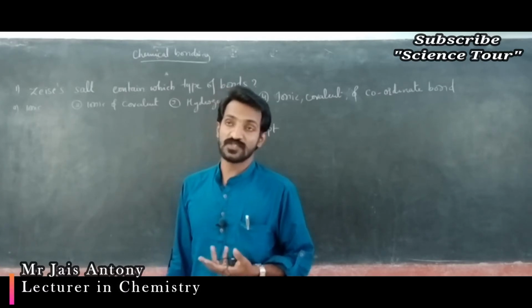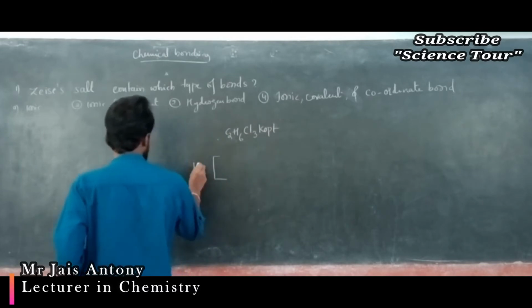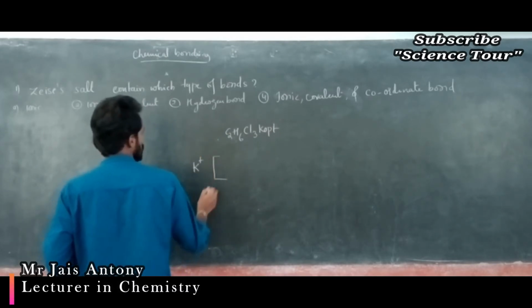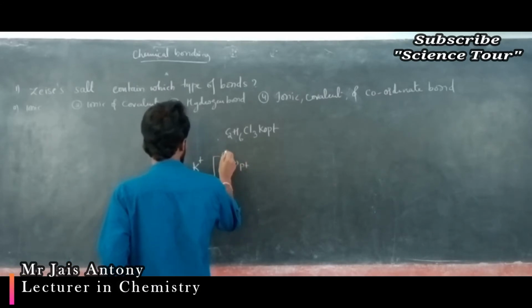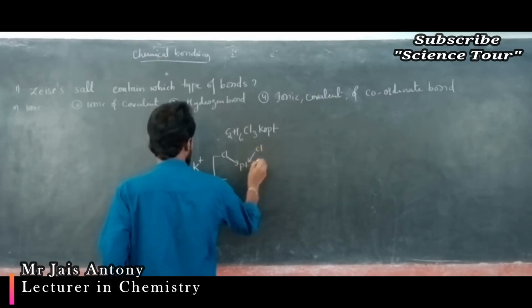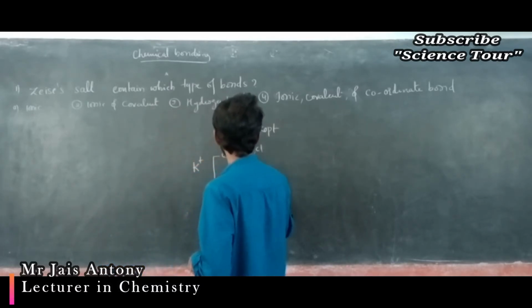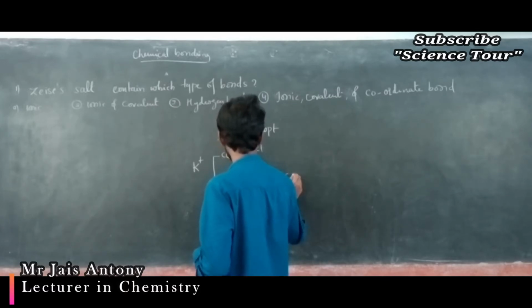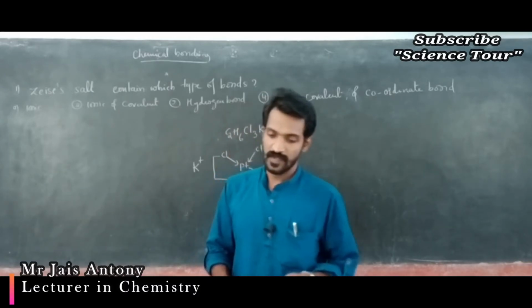Okay, what is the structure of Zeise's salt? That is very important, my dear students. By knowing the structure of it, there is K plus with an ionic bond, and here platinum at the center, and chloride forms a coordinate bond with this platinum, and like this 3 chloride ions, and also it forms a bond with the CH2 double bond CH2, like this. Okay, CH2.